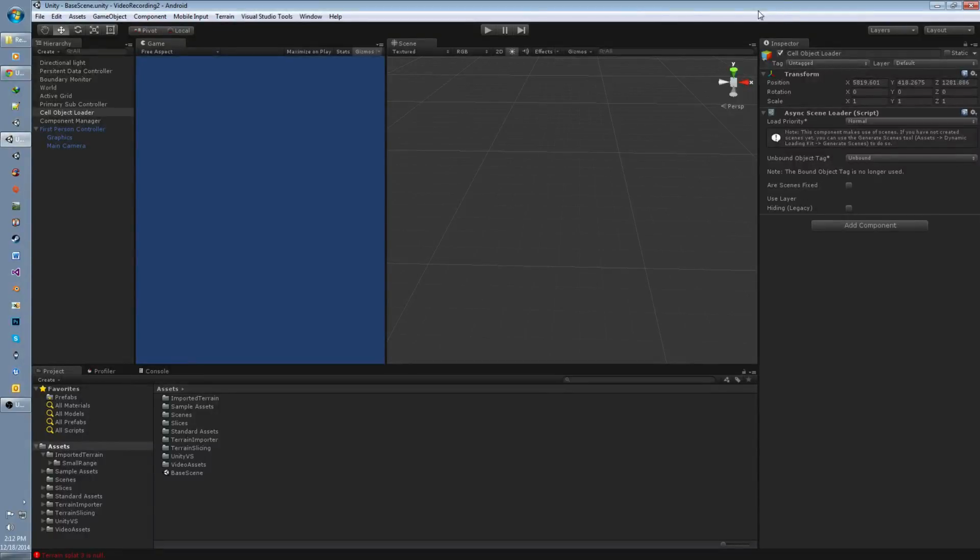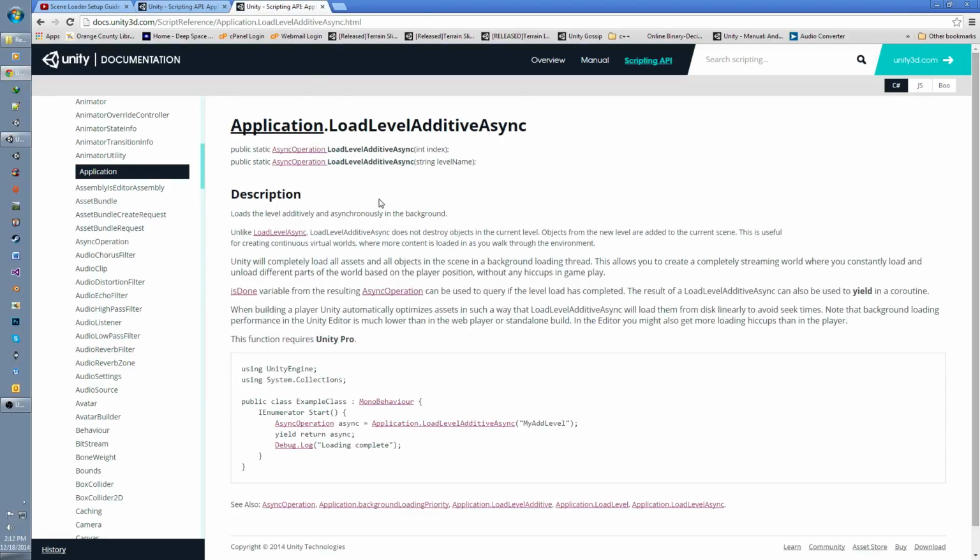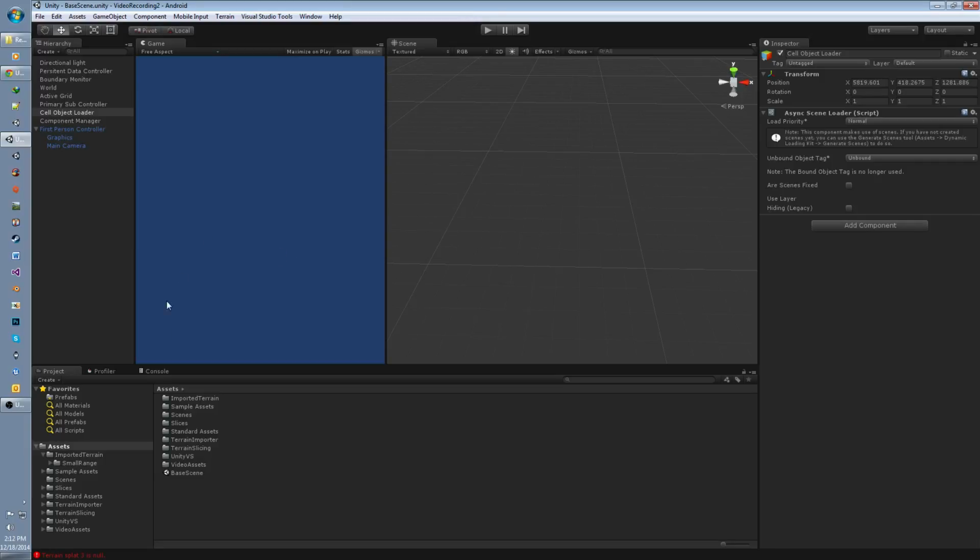Before going into how to create your scenes, I want to talk a little bit about this option here, Are Scenes Fixed? You're going to see this option in a couple different places, mainly on your Async Scene Loader and Scene Generation tool. So if we look at our methods that we're using to load our scenes, Application.LoadLevelAdditive and Application.LoadLevelAdditiveAsync, these methods will load the scene,